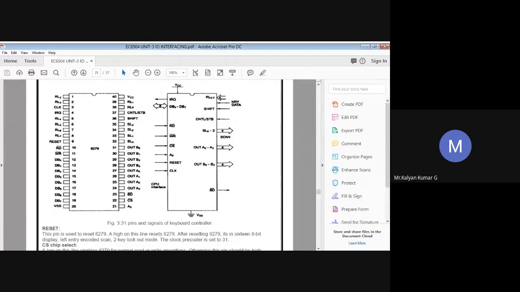And then we have SL0 to SL3. We have 4 lines, pin number 30, SL0, and 32 to 35. These lines are called scan lines, SL. They are used to scan the key switch or the sensor matrix and display digits. For those purposes, we use these. These lines can be either encoded from 1 to 16 or decoded from 1 of 4. I'll tell you what is encoder 1 to 16 and decoder 1 of 4 later in the architecture.